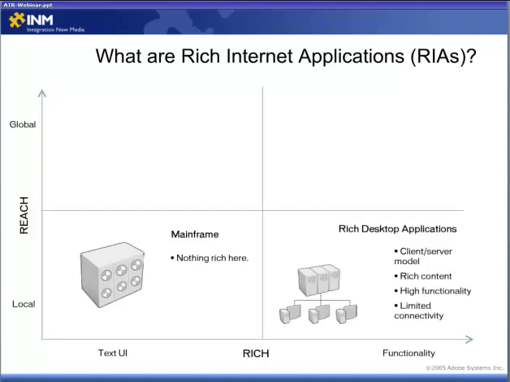Then as the need for applications to be shared with different users and to have a little bit more functionality emerged, the birth of the rich desktop application really came to be. So what this meant is that there was a client-server model, so there was some information on the server, some on the client, and the content had the ability to be a bit richer and more image-driven. And it was very highly functional, but very limited connectivity,